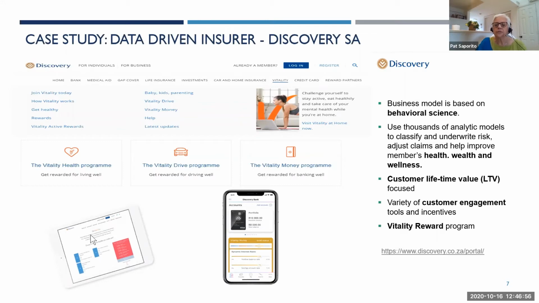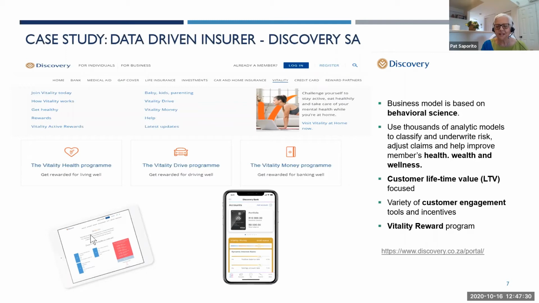And when you take a look at this, you see that behind all of this are all these behavioral models, trying to incent the consumer, regardless of whether it's health. On the health side, they have fitness apps. So not only do they have the apps to monitor your behavior, but they've also embedded incentives into the program to have you modify your behavior and buy into it, and provide you with discounts.